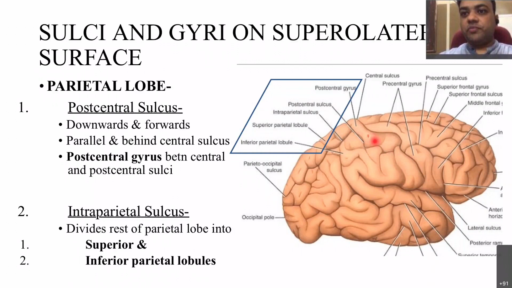There comes the intraparietal sulcus. You can see this darker line, थोड़ा zigzag line दिख रहा है. This is the intraparietal sulcus, dividing the rest of the parietal lobe into the superior and inferior lobule. Got it? Superior parietal lobule हो गया ऊपर और नीचे बड़ा वाला हो गया inferior parietal lobule. Okay, तो फ्रंटल हो गया, इसके sulcus and gyra and parietal का sulci and gyra.